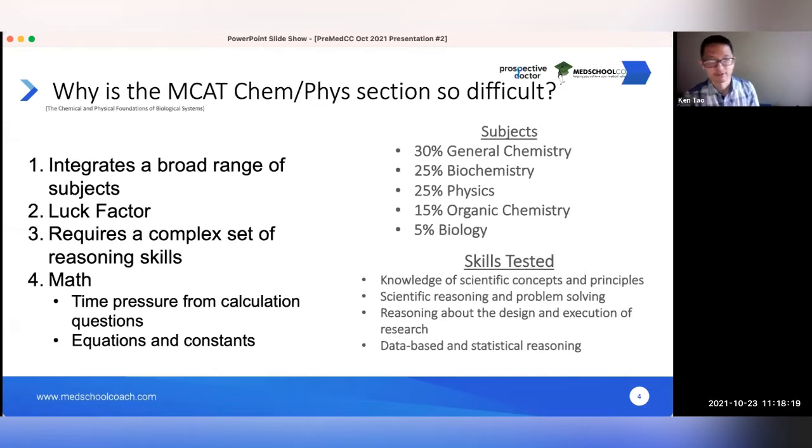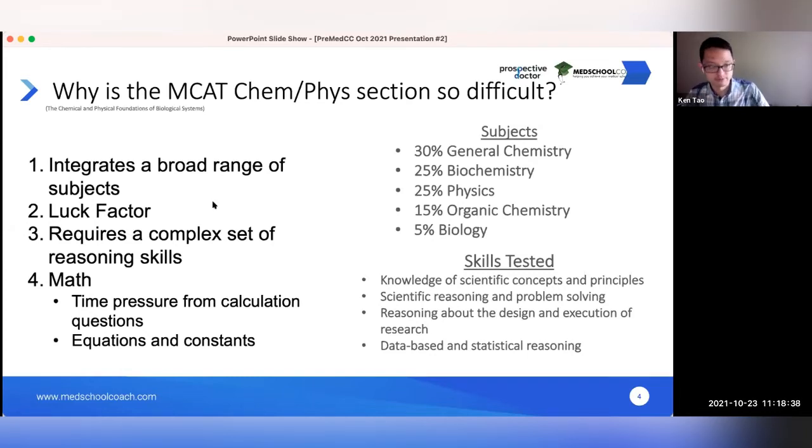So this can be kind of annoying, but the Chem Phys section does require you to have quite a number of equations and constants memorized for the exam. So at some point, you just have to have them memorized. All right. So now that we've talked a bit about why the MCAT Chem Phys section is so difficult,